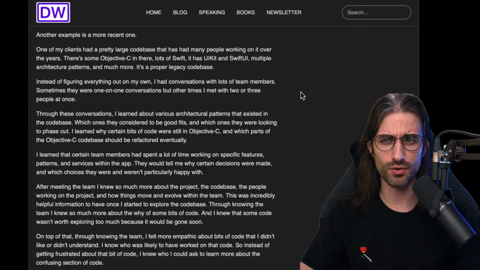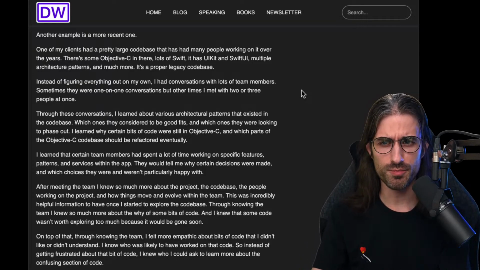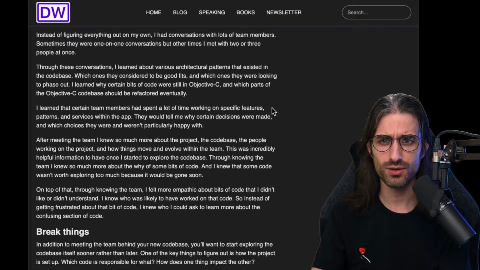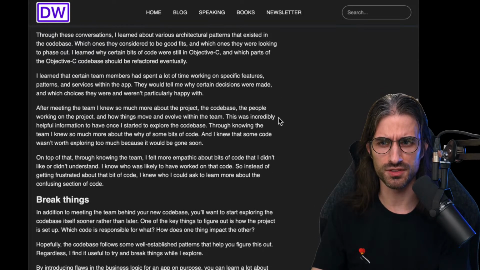Another example is a more recent one. One of my clients had a pretty large code base that has had many people working on it over the years. There's some Objective-C in there, lots of Swift, it has UIKit and SwiftUI, multiple architecture patterns, and much more. It's a proper legacy code base. Instead of figuring everything out on my own, I had conversations with lots of team members. Sometimes they were one-on-one conversations, but other times I met with 2 or 3 people at once.